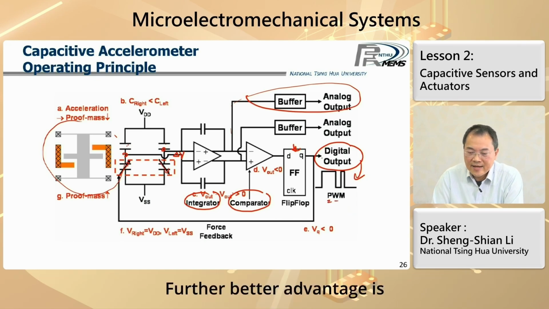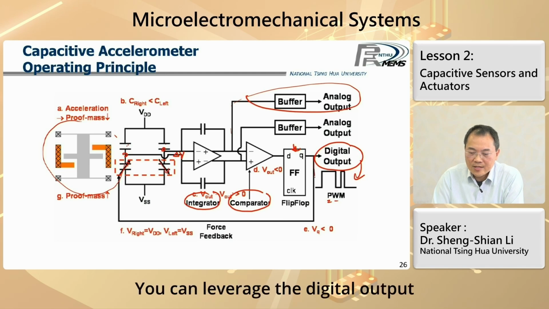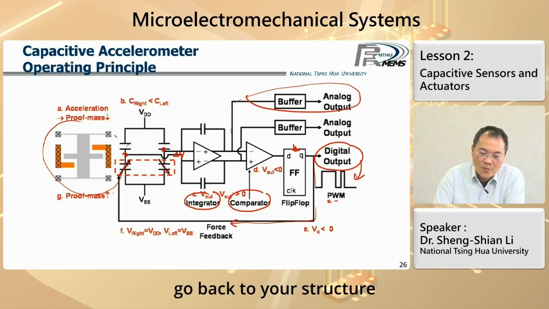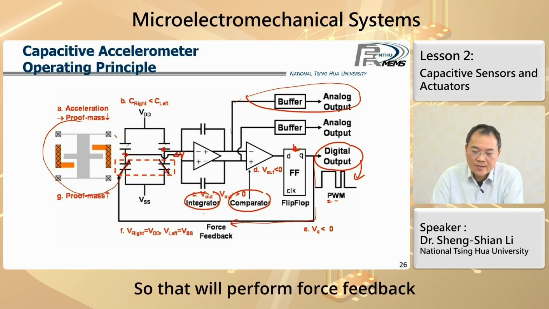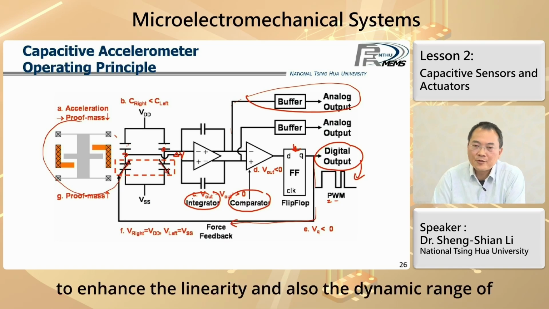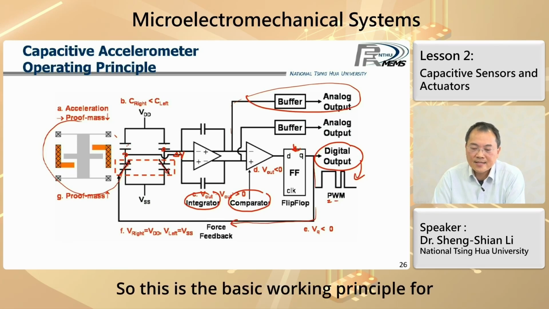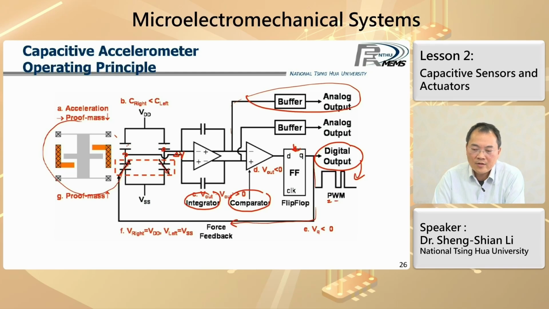A further advantage is you can leverage the digital output to provide additional voltage as a feedback force, going back to your structure. So that will perform force feedback to enhance the linearity and also the dynamic range of your developed accelerometers. So this is the basic working principle for the Analog Devices